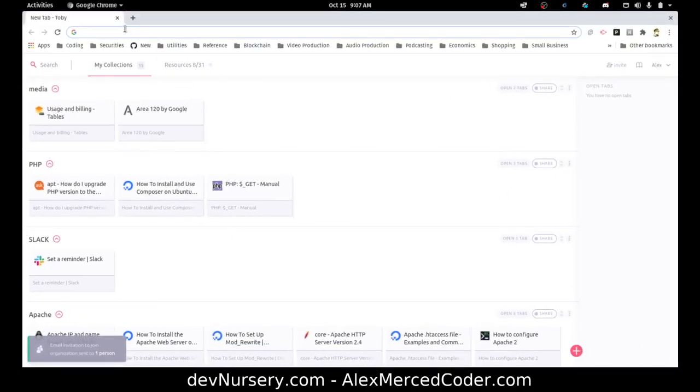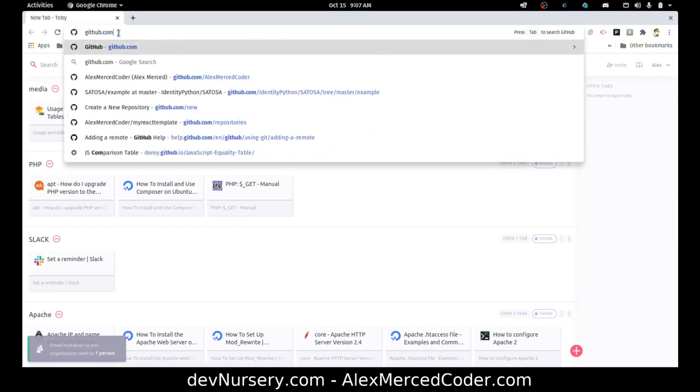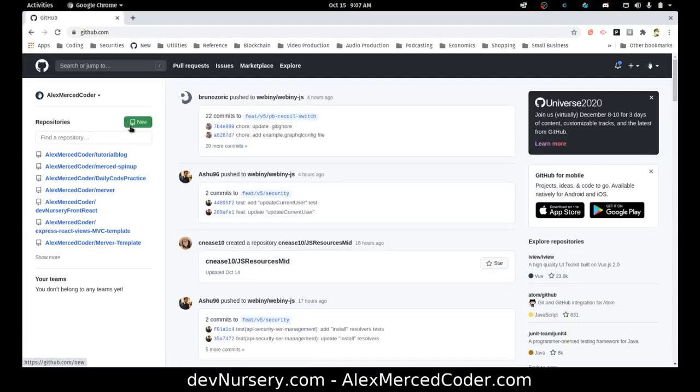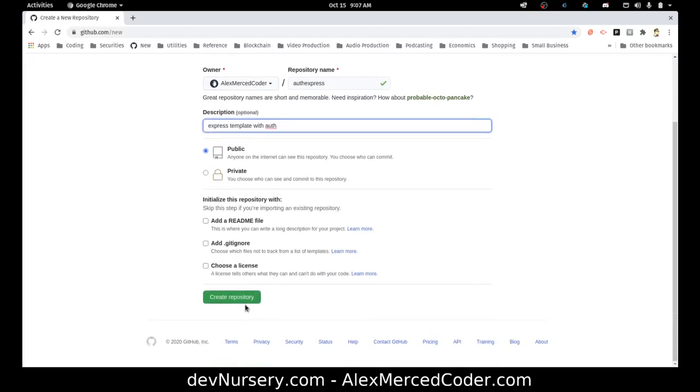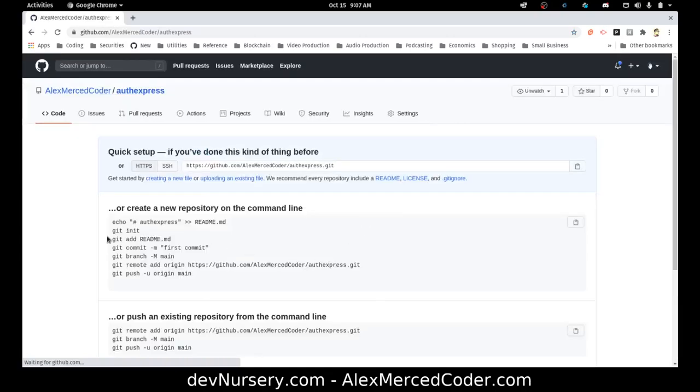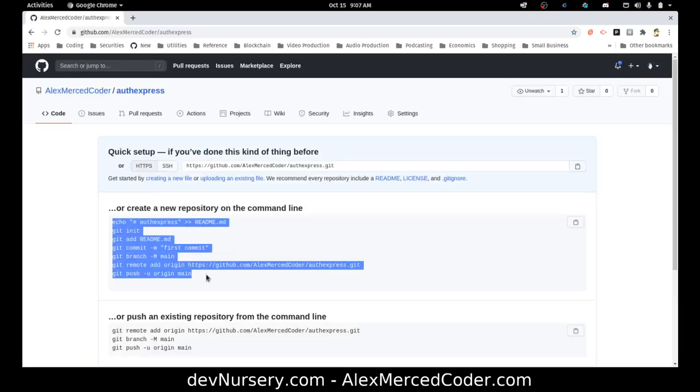Okay, and then I'm going to head over to GitHub, and we'll call this new auth express. It has to be a public repo, auth express. Okay, express template with auth. Create the repository. Now be careful, don't just blindly follow these directions, because recently GitHub has updated their directions here